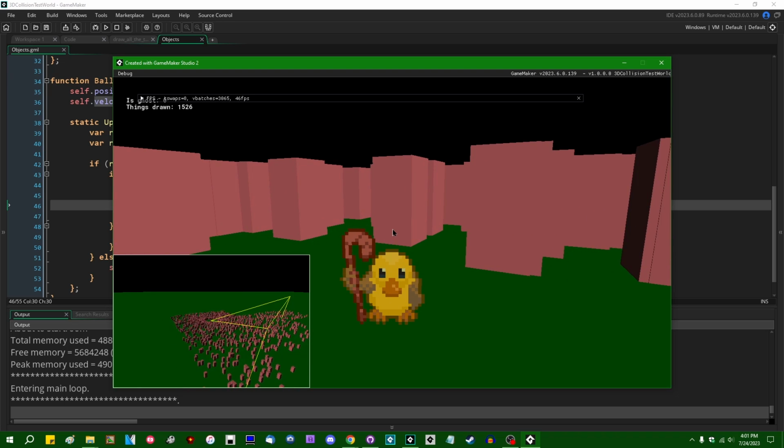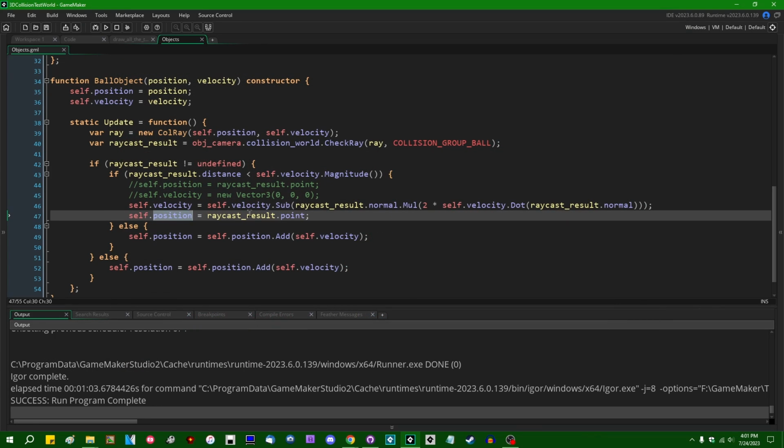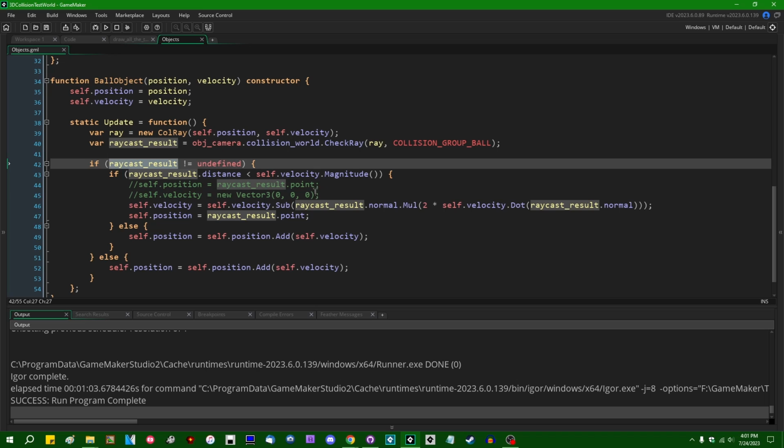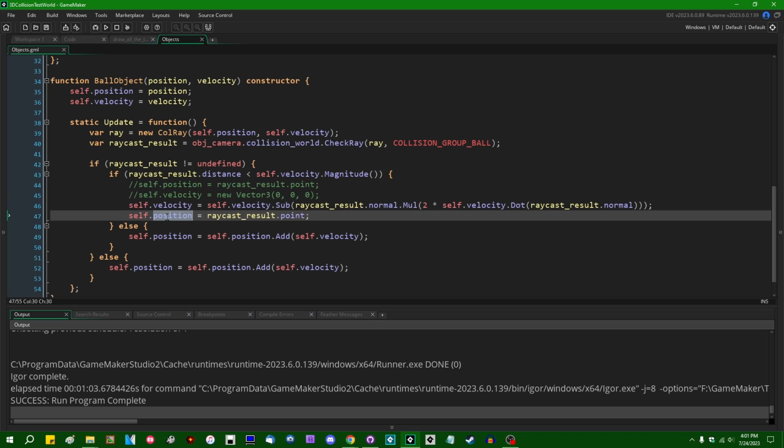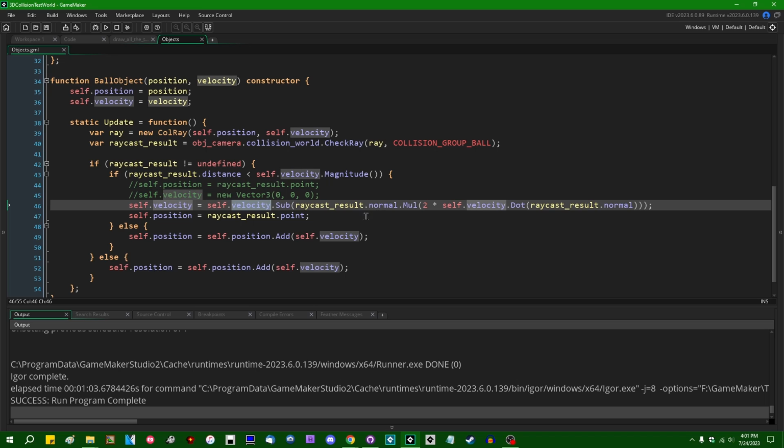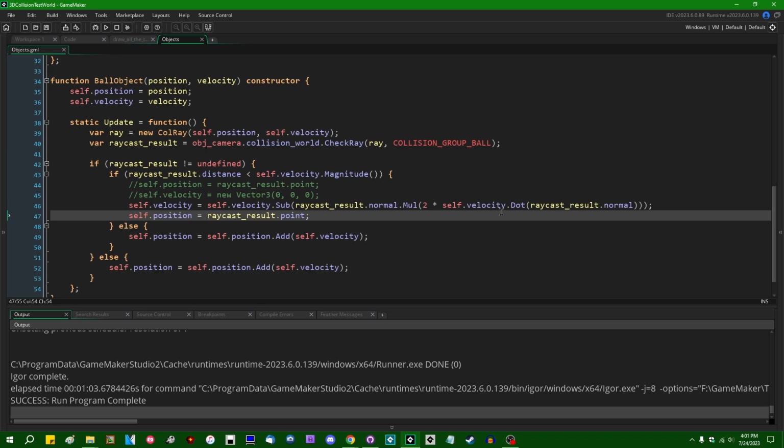collision box instead of actually bouncing off it, and that is because if you set the position of the ball to exactly the hit location and then change its velocity, then on the next update the raycast between the ball and the world is going to return a hit at exactly the ball's position, and it's either going to stay there and not move even after its velocity has been updated, or, as you saw, it can bounce around erratically every frame. So the most common way to get around this is, instead of setting the ball's position to the raycast hit location exactly, one, you can